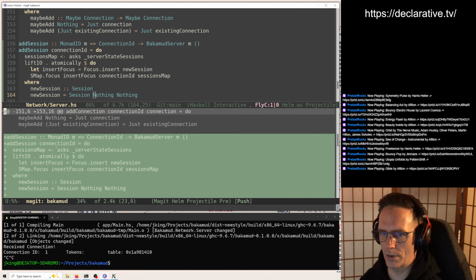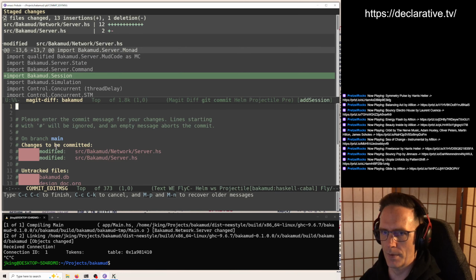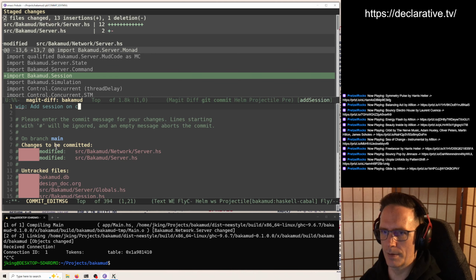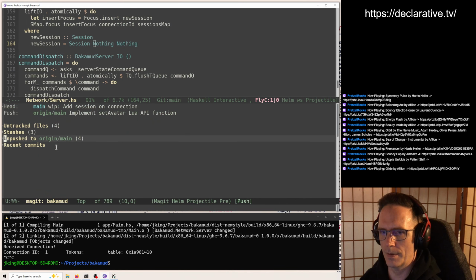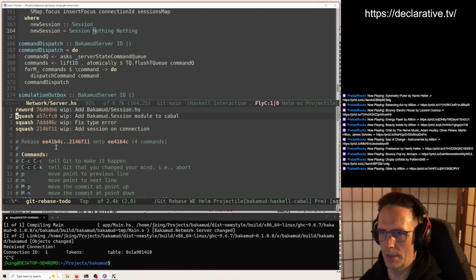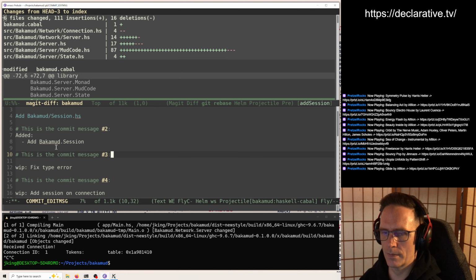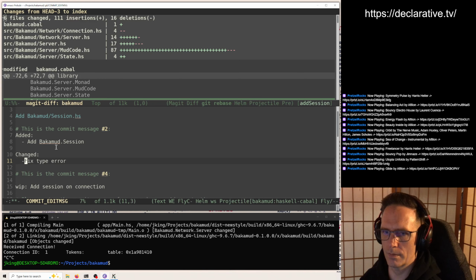So this change, let's just create a little commit for this. Okay, we can rebase this interactively, squash these up, reword this. Yeah, that's not an interesting change.